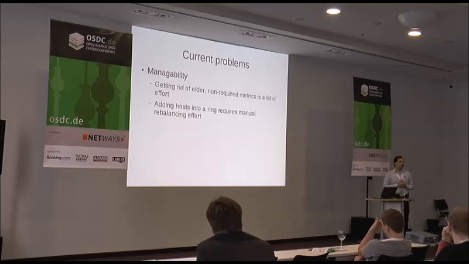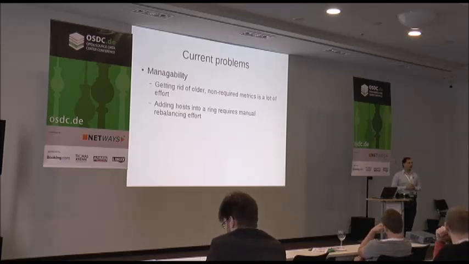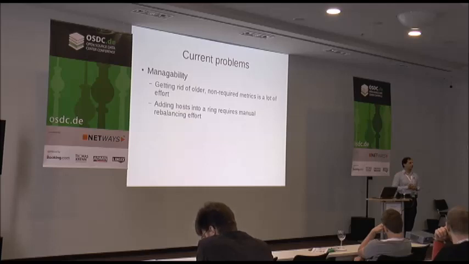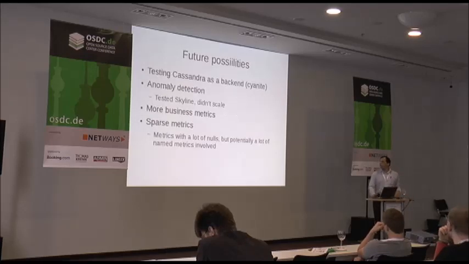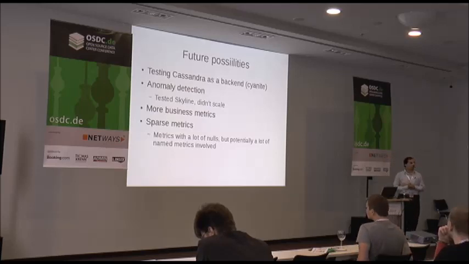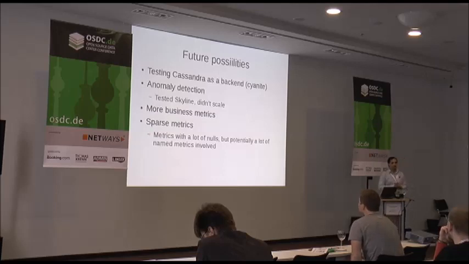Depends on how many boxes you're looking at. We look at about 5,000 to 8,000 boxes, depending on whether we actually count VMs or not. And the network stuff we are working on. We are testing out Cassandra as a backend, Cyanite. This looks fairly interesting. Touchwood and all that.